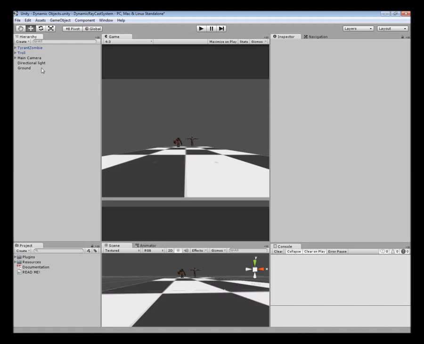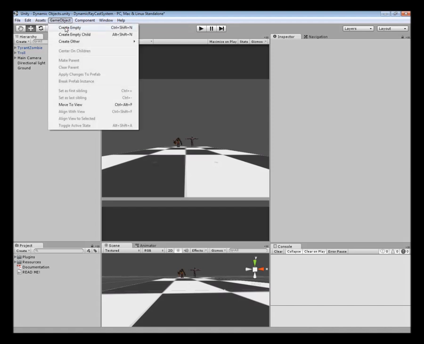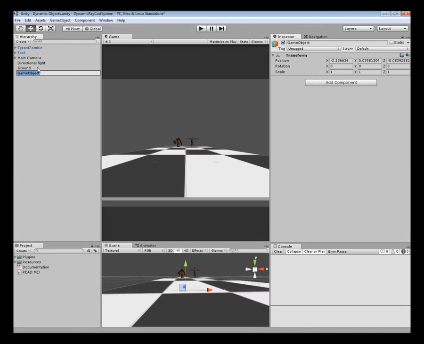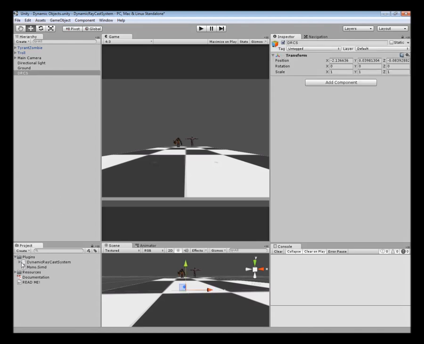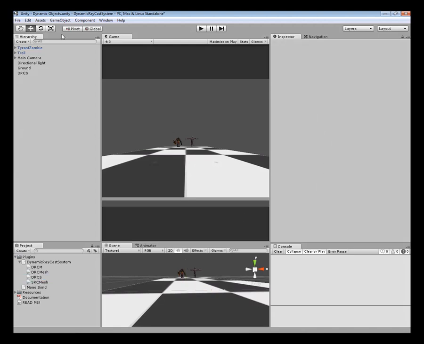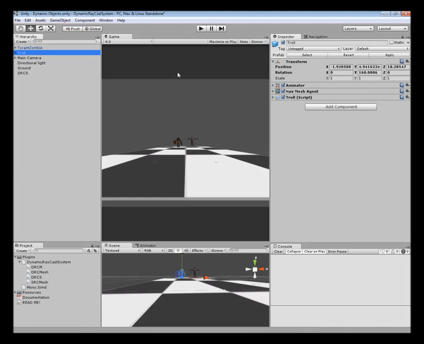Okay, the first thing I will have to do is to create again an empty game object to add the DRCS manager to it. Okay, first step is complete. Second step is to add components to the dynamic objects. It's the same as with the static objects, just this time the script we will have to add is the